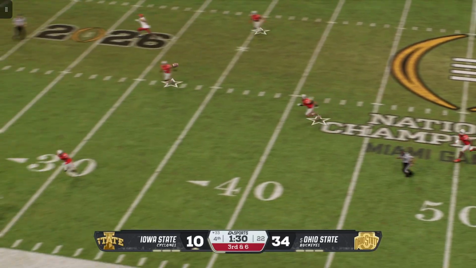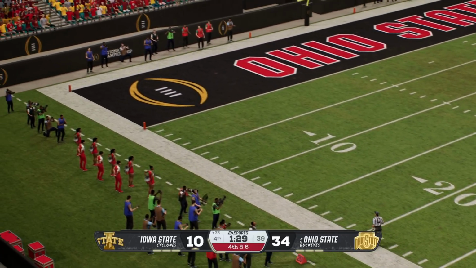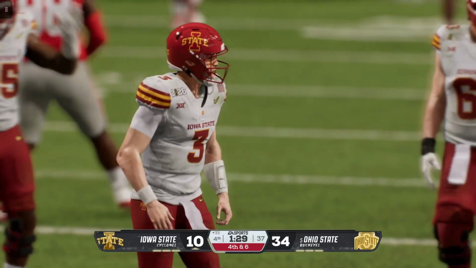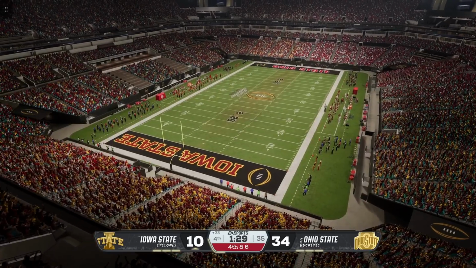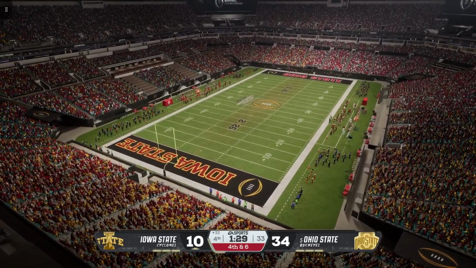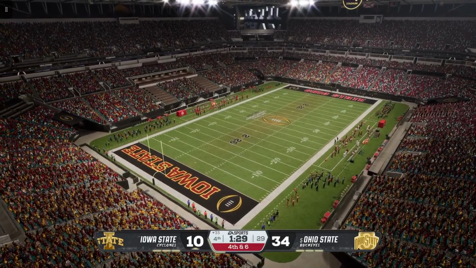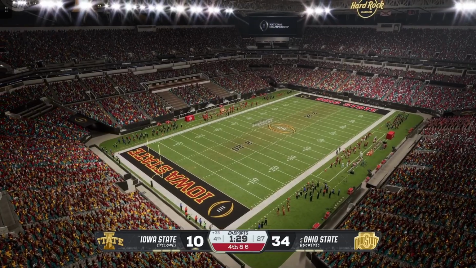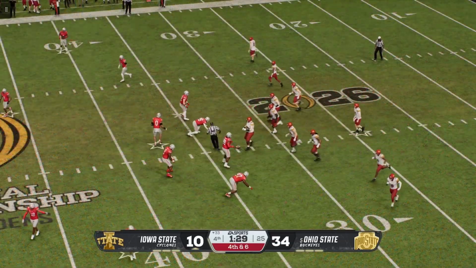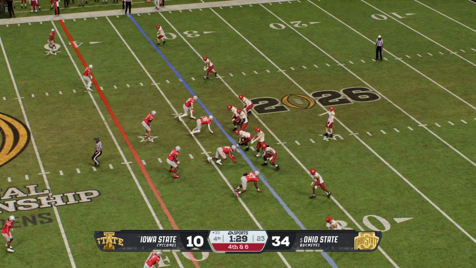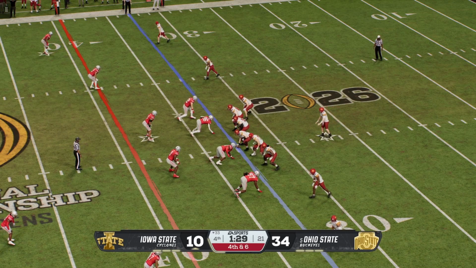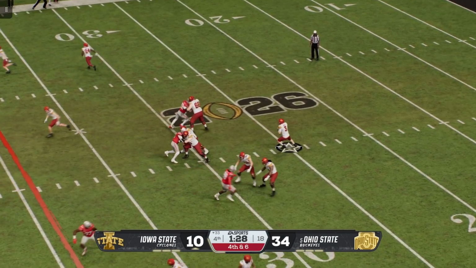Looking for a man deep down the left side. And it's incomplete. They let it fly on 3rd down, but now it brings up 4th. Boy, this offense has really struggled today, Chris, when it comes to throwing the football. They have dug themselves a huge hole. They're not going to have any chance of coming back. And I think one thing about this is you wonder where you go from here. You're hoping to make a play or two to give yourself a belief that things can get better, but it's just been a disastrous day for the offense.